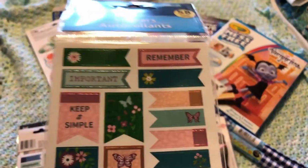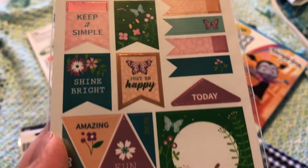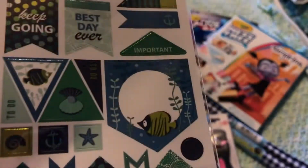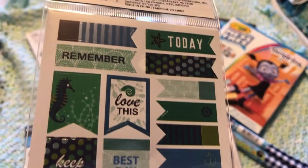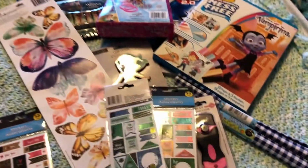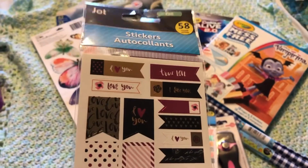And they had more than this. I picked up 4 packages and these are the 4 that I grabbed, but they definitely had more. Look at this one. It's like foil, sorry for the glare, and it's like ocean. And then the last one,